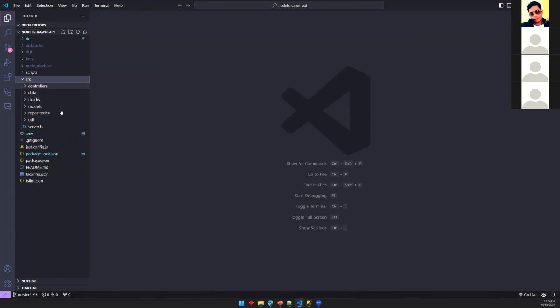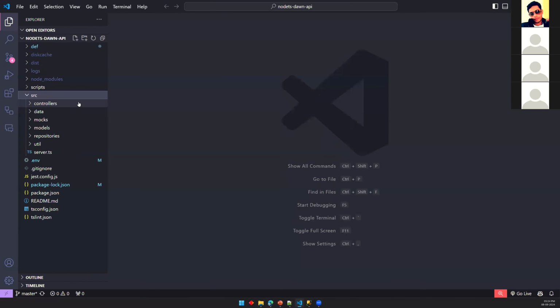If you go to the source folder, I'm zooming out a little bit. You can see controllers, repositories, data. Okay, so there are three layers. Now, if everybody has seen a project like this before, like a Node.js project,